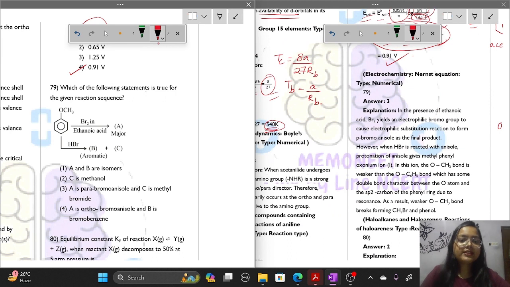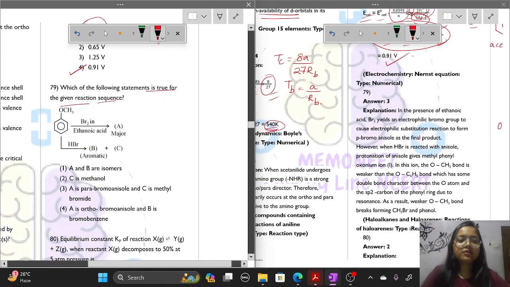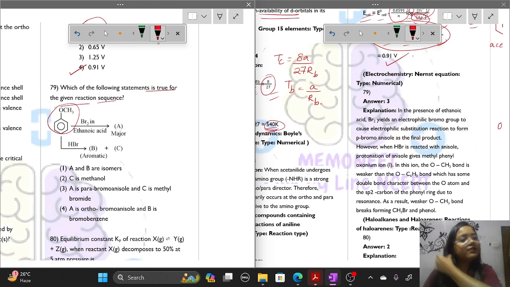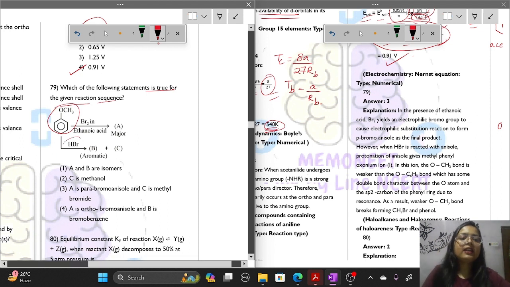For question number 79, which of the following statements is true for the given sequence? So here anisole is given, and on reaction with Br2 in ethanoic acid, it will give A as the major product, and on reaction with HBr, it will give B plus C as the products. First we have to find out the products A, B and C. So A here will be